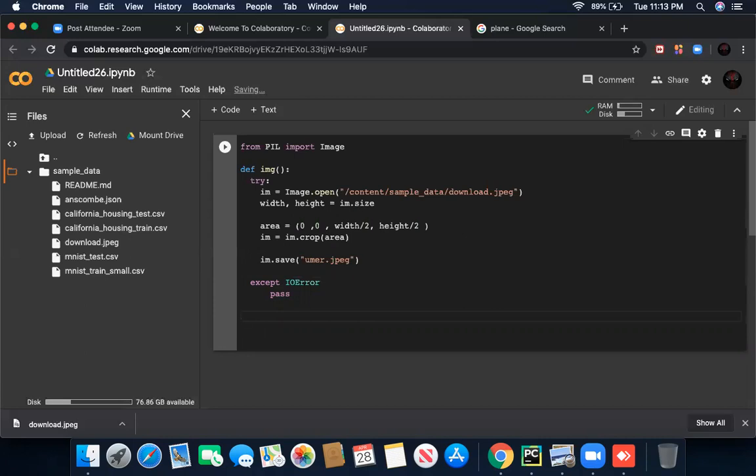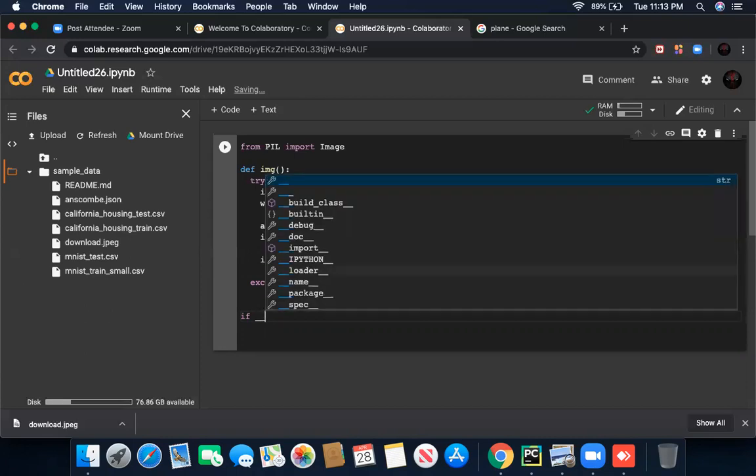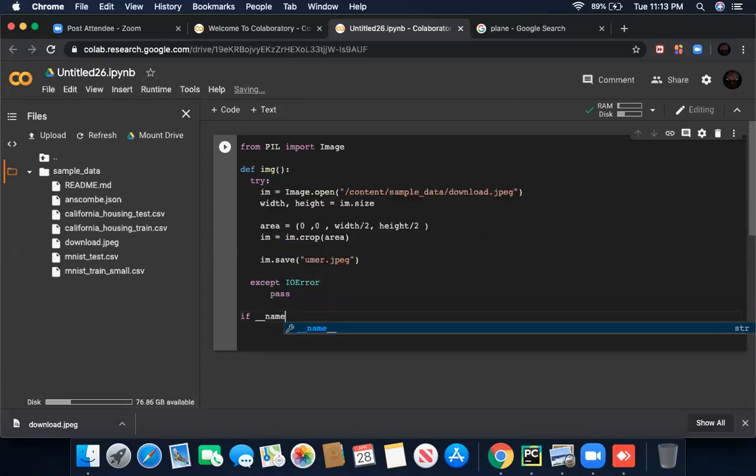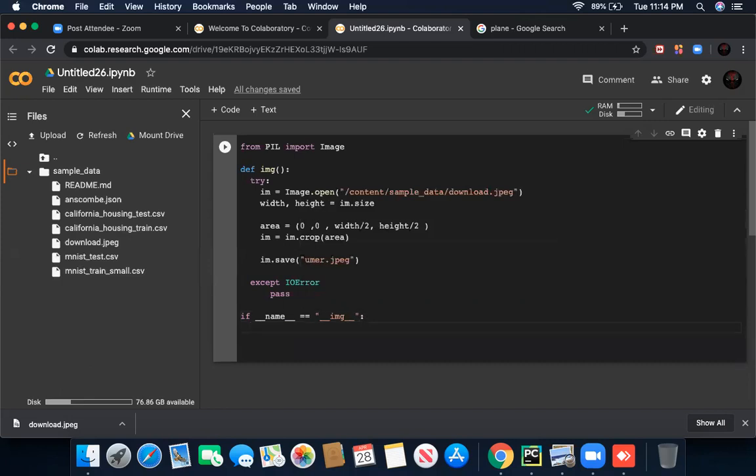Now I'm going to call my image in front of my screen. So I'm going to use if double underscore name double underscore double equals to, and then double underscore main double underscore, and colon.